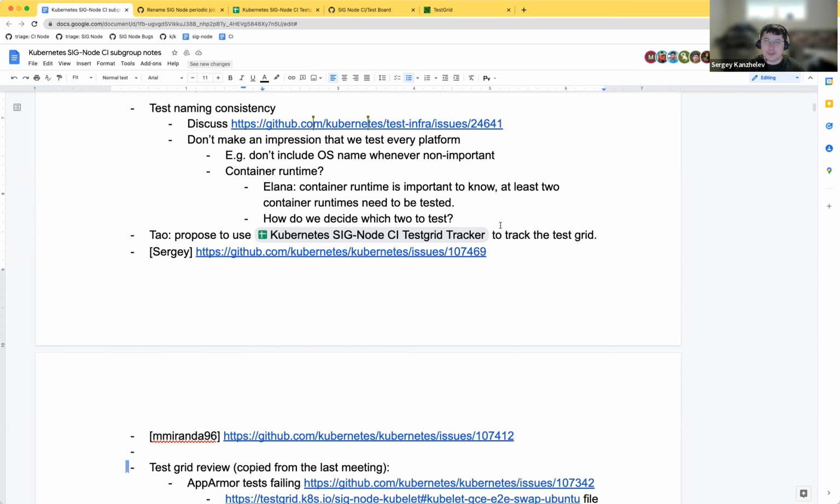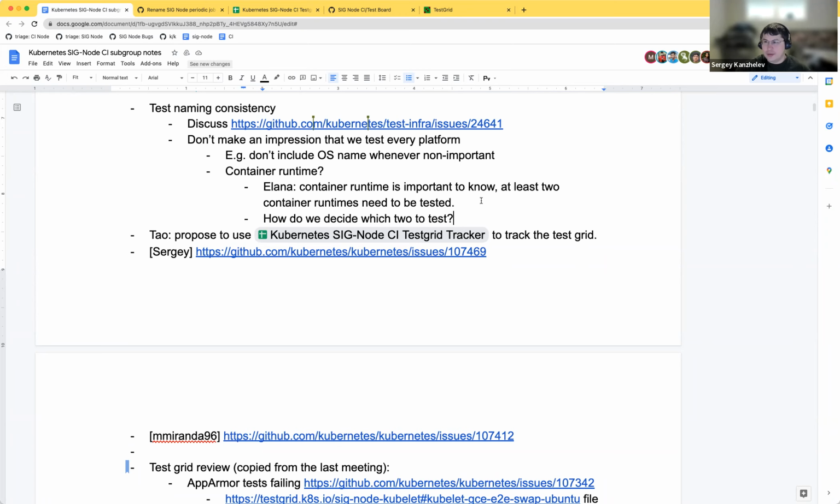One question would be about release blocking tests. I don't know whether we need to include the container runtime in release blocking names. I think the release team may just have the generic names, and we on the SIG Node tab can have the declared container runtime name in a test.